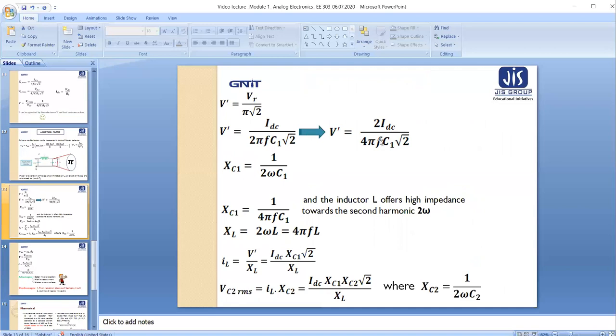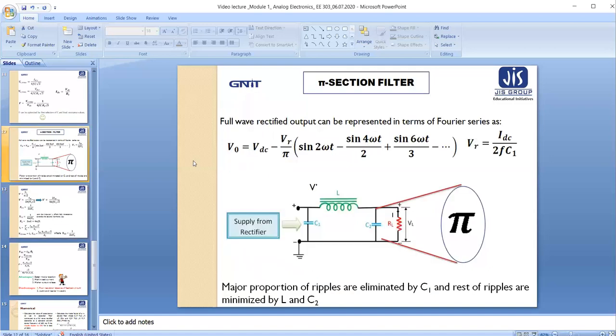After reorganizing, that is 2 IDC by 4 pi F C1 root 2, we will modify the expression so that XC1 equals 1 by 2 omega C1, because all of you know that this second order harmonic is